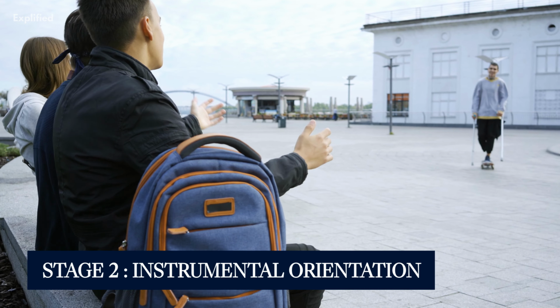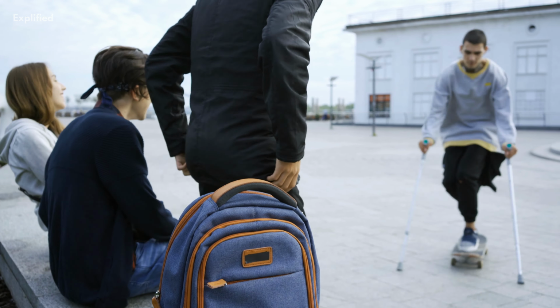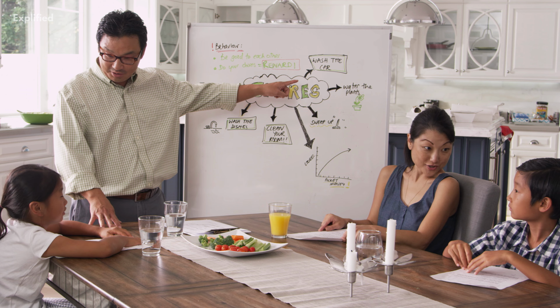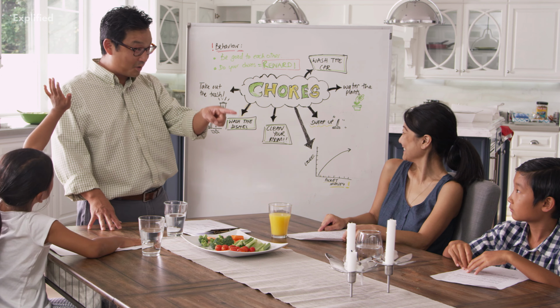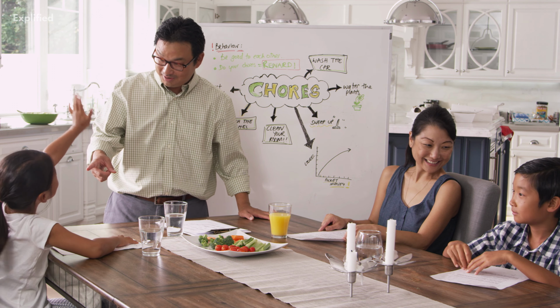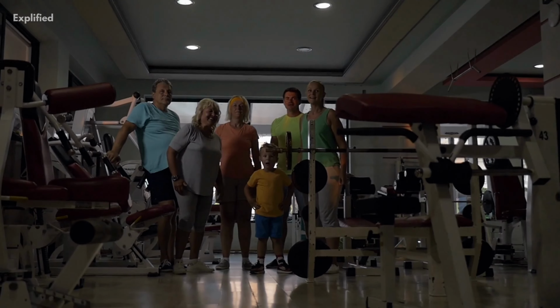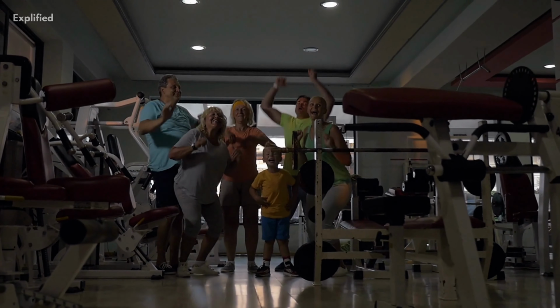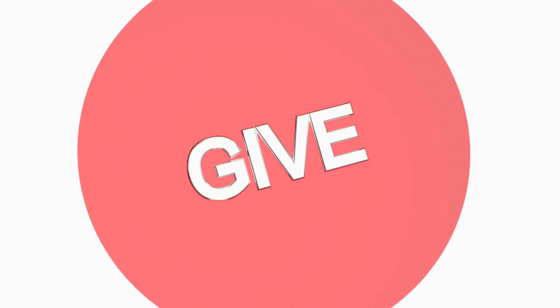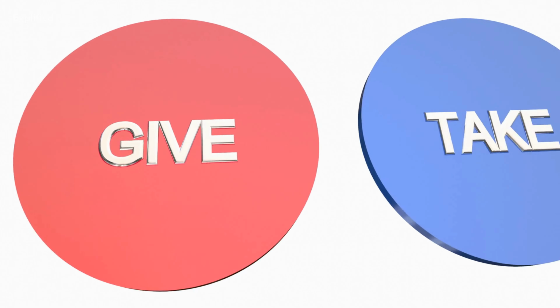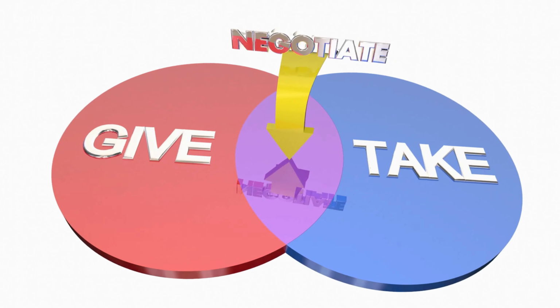Stage 2. Instrumental orientation. This is an incentive-based approach. The child seeks personal gain in this, and looks for a "what is in this for me" pattern. If he does a task, or obeys a certain instruction, he must be rewarded for it. This method would motivate him to continue to be morally correct. It's a give and take kind of pattern between the child and the adult figure.